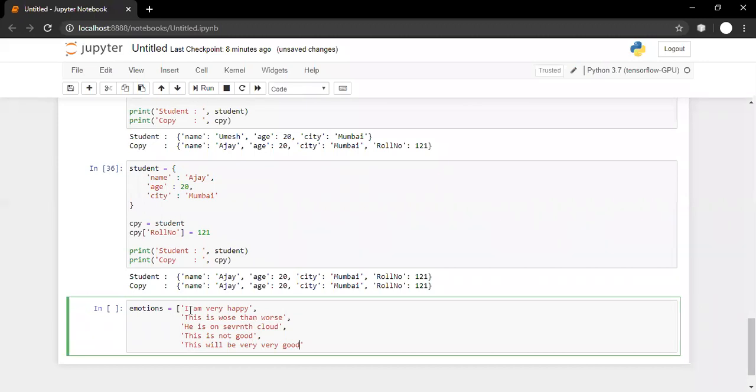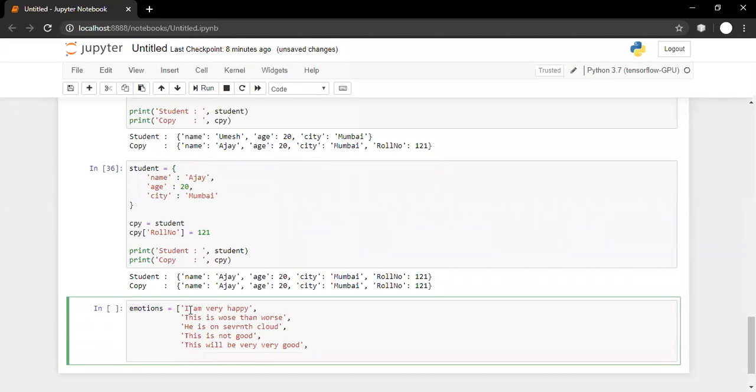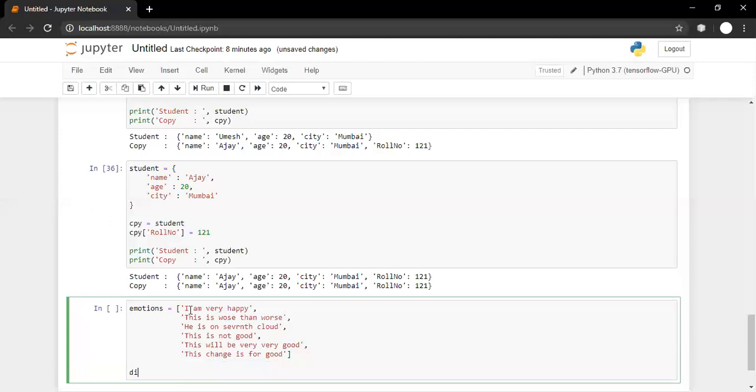So what is our task? We are supposed to count the occurrence of every word using a dictionary. And a dictionary is the best thing to do this, instead of using any other data structure. So initially our dictionary is empty.